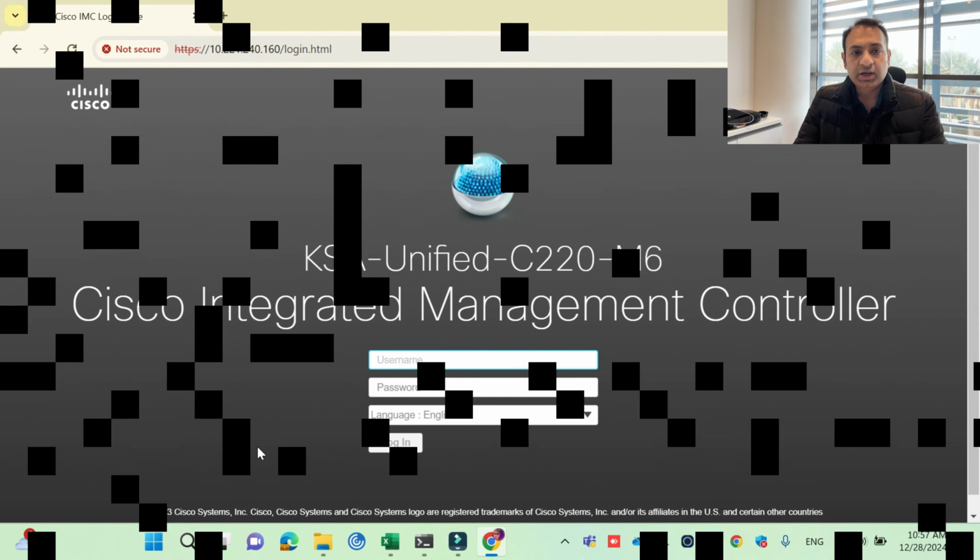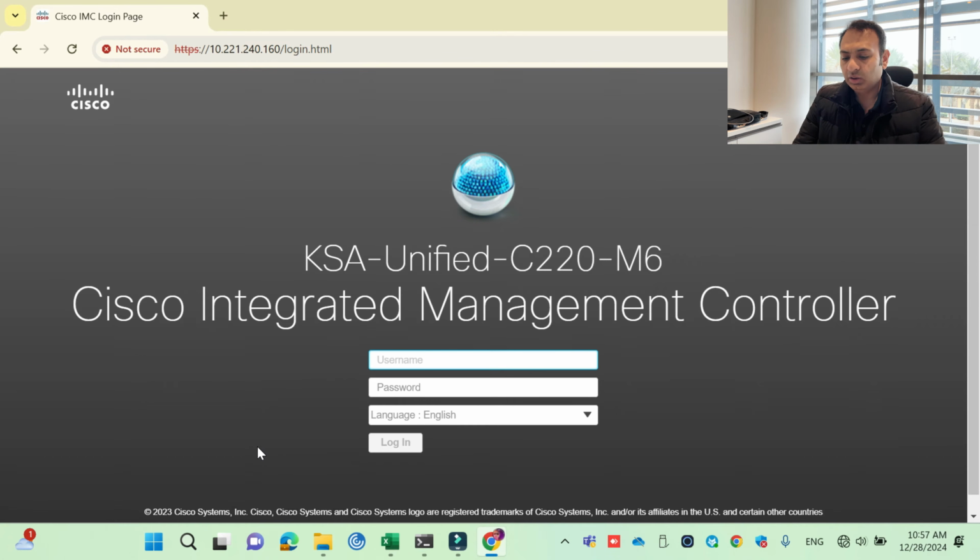I will share my screen with you and show you the options and things which are very important in the context of CIMC. So let's start our lab. Guys, this is my management console, which I already configured with an IP address with the minimum requirement to get reachability. By default, when you restart your BE6000 for the very first time, you have to press F9